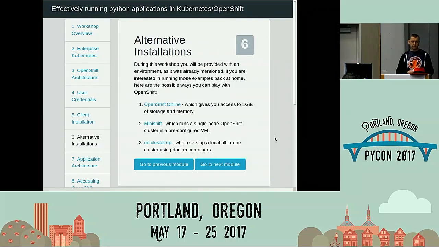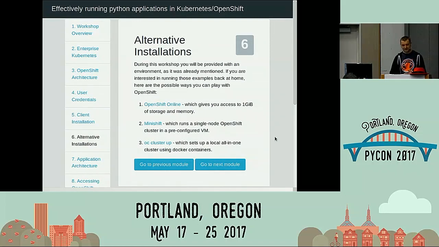First of all, there's OpenShift Online, which was announced about 2 weeks ago during the Red Hat Summit in Boston. OpenShift Online went public officially, so it went out of the dev preview that it was in. That means that anyone can get access to OpenShift Online. We provide you with 1 gigabyte of memory and storage for running your application. Unfortunately, the application that I created today is a little bit heavier than that, and I failed deploying my application